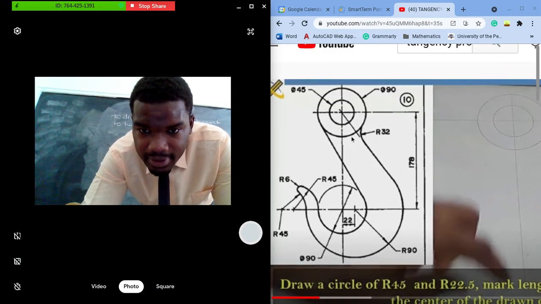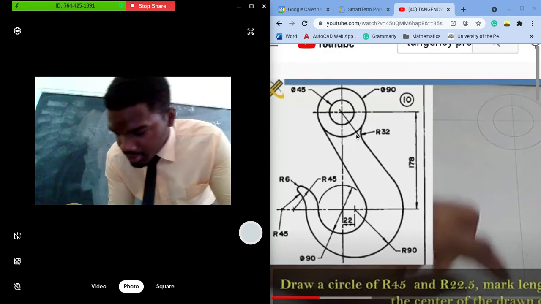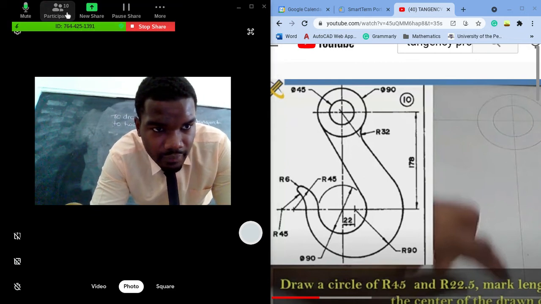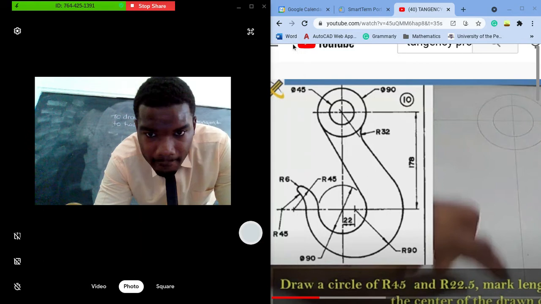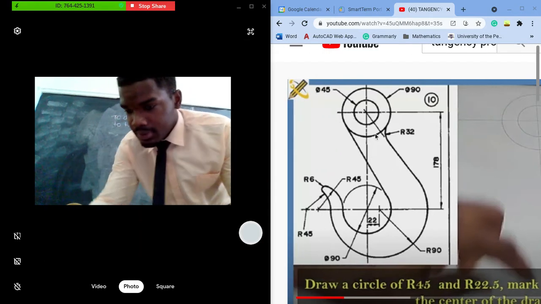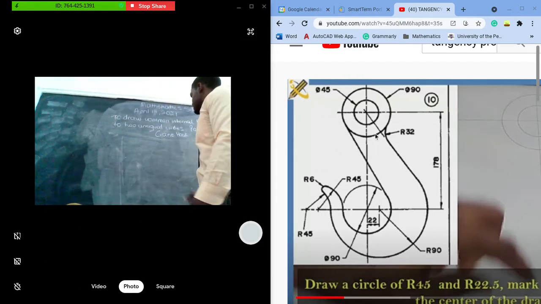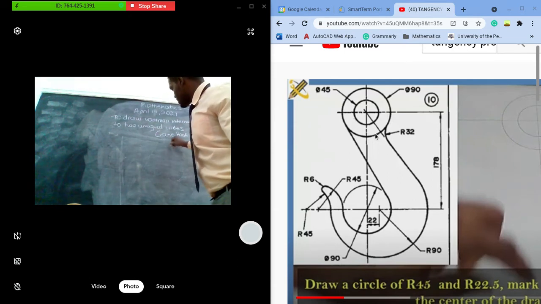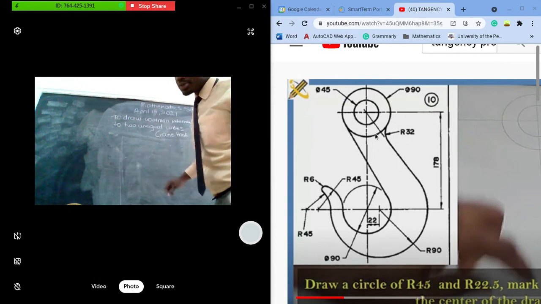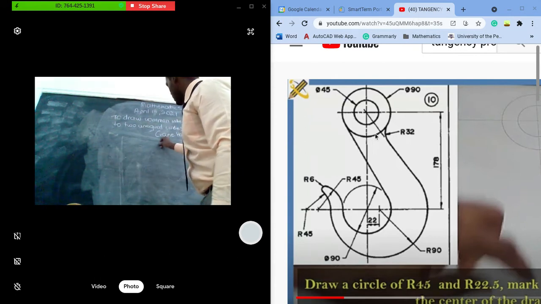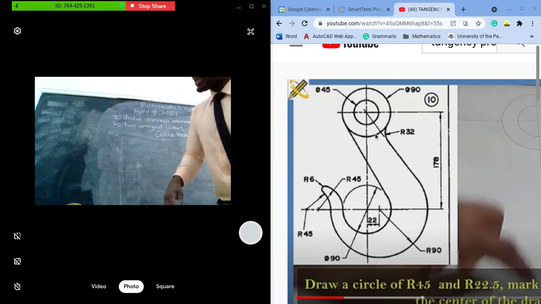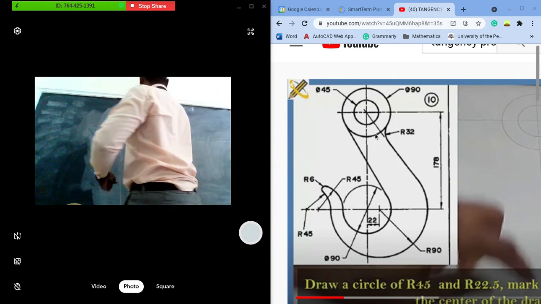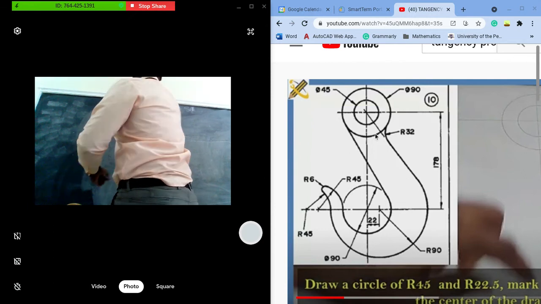What is the diameter of the two circles at the top? This one goes to Christoph. Christoph? Sir, the diameter of the circle at the top. Yeah. Is 45. 90. So that's the first step. You're going to space out your paper, and you're going to use your compass, choose a center point, and you're going to draw those two circles from the same center. So one circle having a diameter of 45, and the next circle,